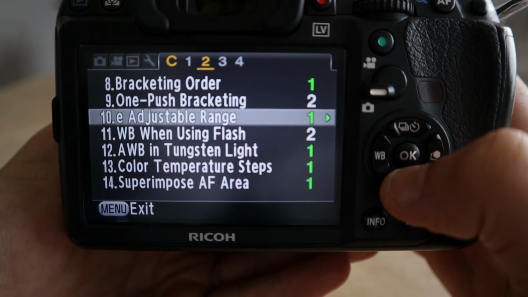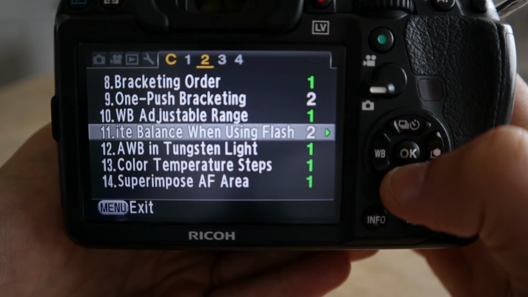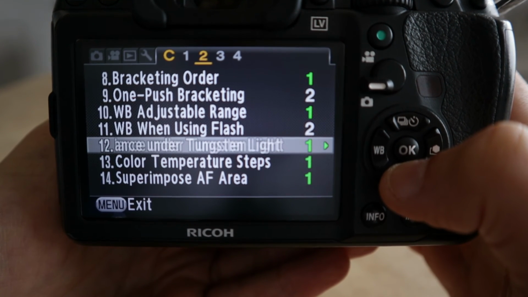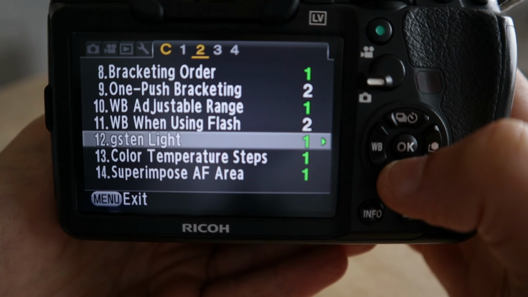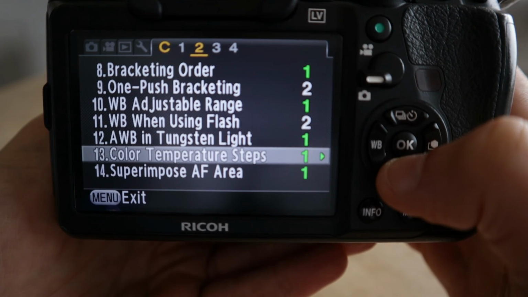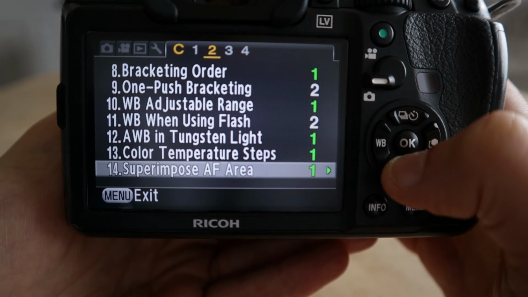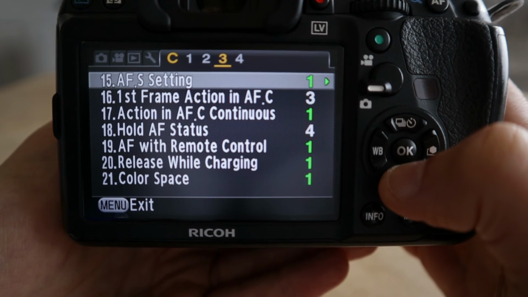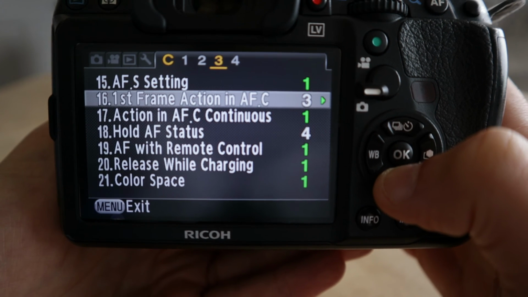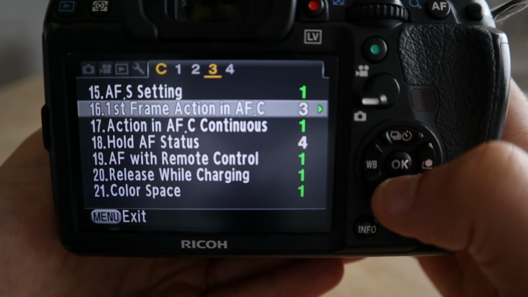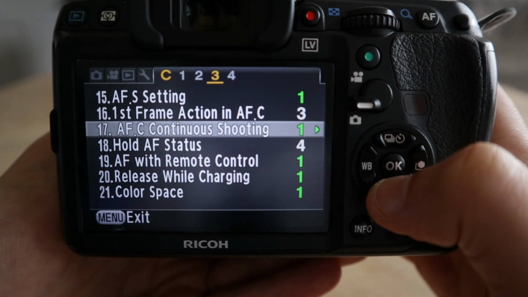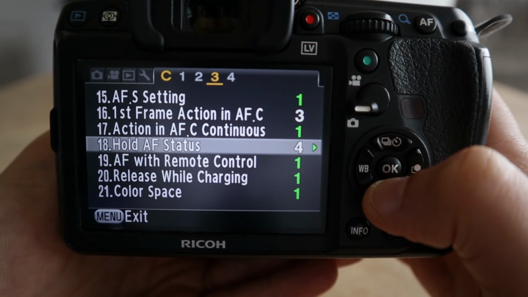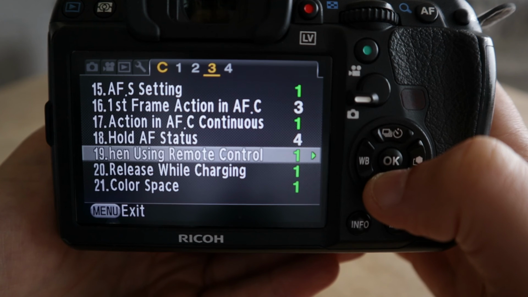white balance adjustment range is on 1, the white balance when using flash is on 2, auto white balance in tungsten mode under tungsten light is set to number 1, color temperature steps is set to 1, superimpose the autofocus area is set to 1, AFS setting is set to 1, first frame in action in AFC is set to number 3, action autofocus continuous shooting is set to number 1, autofocus hold I've got set to number 4,